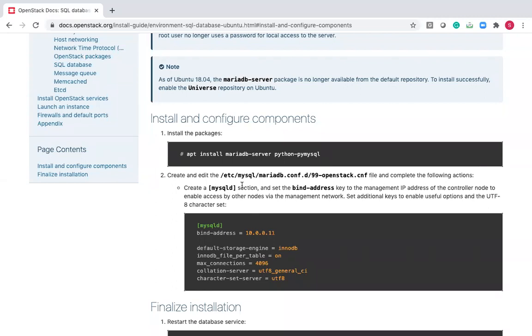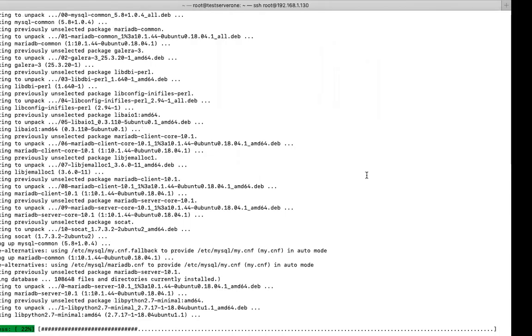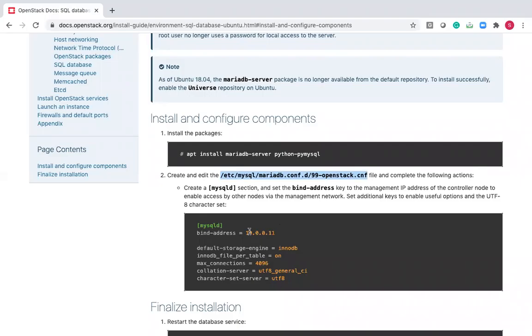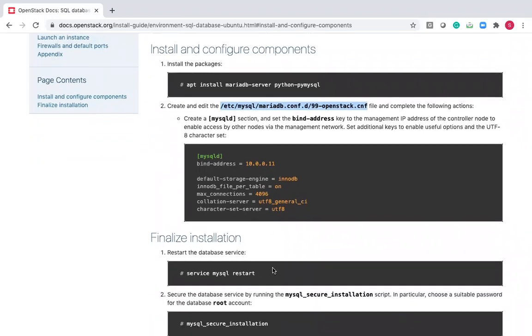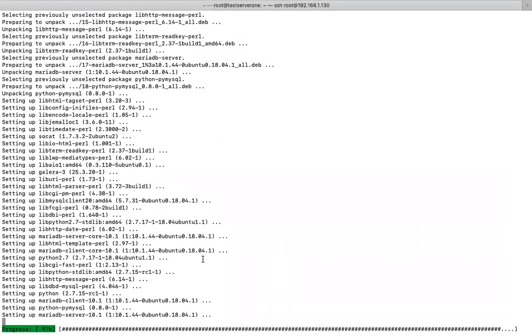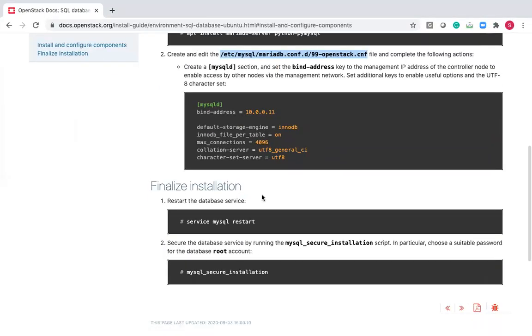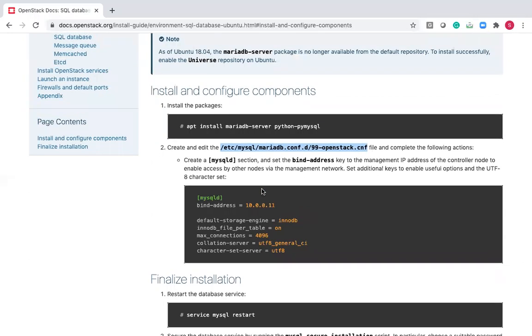Okay. After that, we need to create this particular file. This file will not be available. We have to create this, and we have to add the same entries except this IP address. After that, we need to restart MySQL. Now, in this installation process, MySQL will take an empty password. It means without any password, you can log into the MySQL database. But after that, I will try to set a password for this as well. Let me do it in step-by-step order.